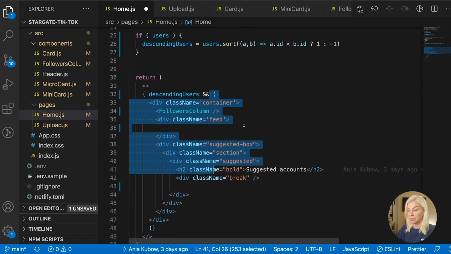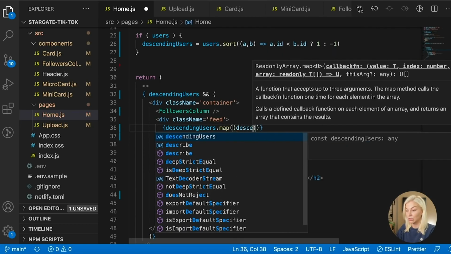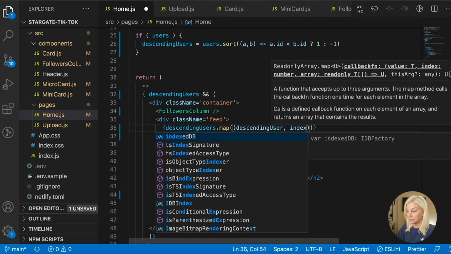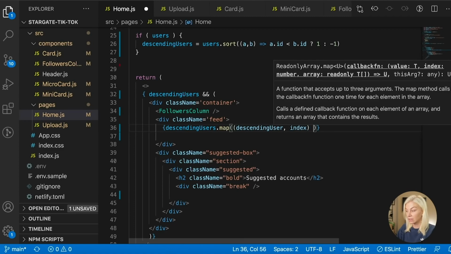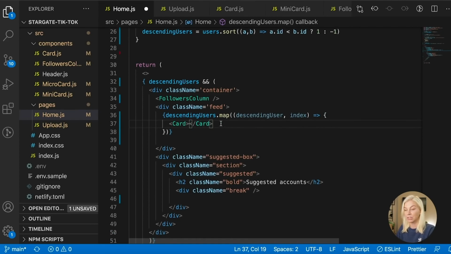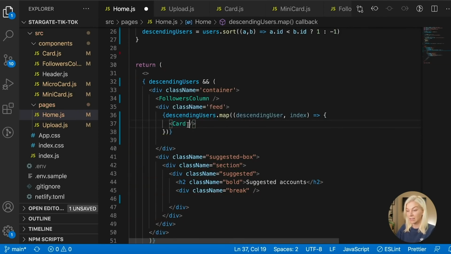And then in our feed, we want to start mapping onto a card. So once again, I'm going to get our descending users. And this time I'm going to use map to map each descending user, singular. I'm going to get its index too. And then I'm going to get the card component. The card component doesn't actually have any props yet, but we're going to change that now. So here's our card component. I just need one like this. And inside here,